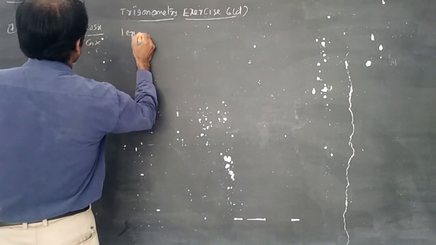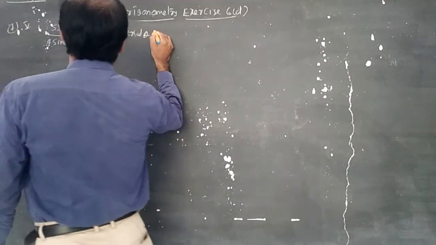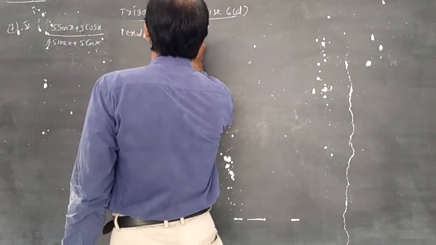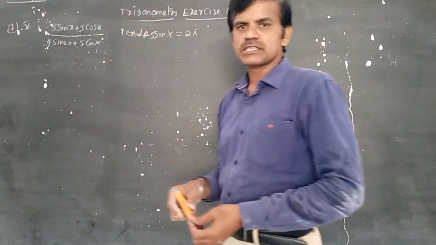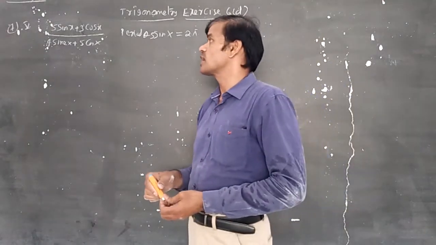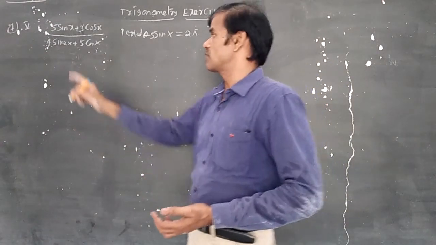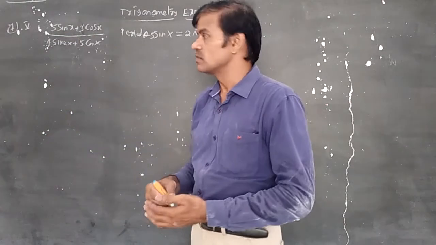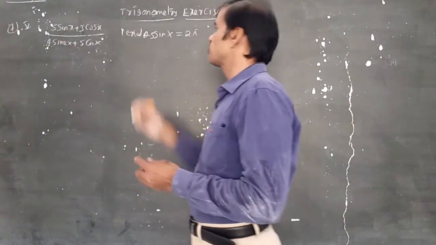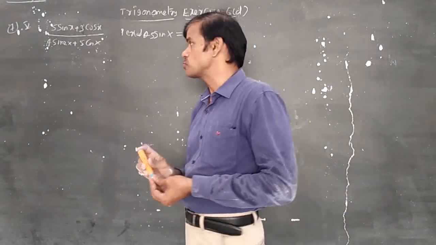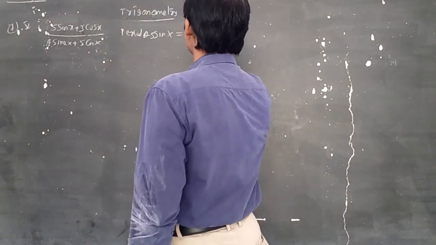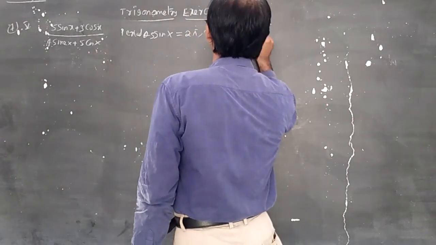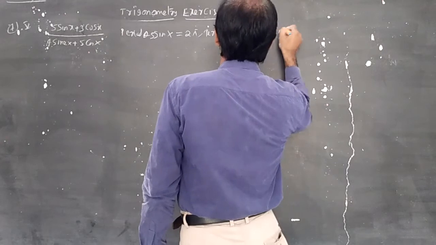Now directly you can write for the numerator and denominator separately. You should write the period of 5 sin x. It is nothing but 2 pi. Sin x period 2 pi. You should understand that 2 pi by mod a depends only upon the coefficient of x, not the coefficient of sin x. So the x coefficient is 1, so 2 pi by 1. No need to write 2 pi by 1, simply 2 pi. In a similar way, the period of 3 cos x is also 2 pi.